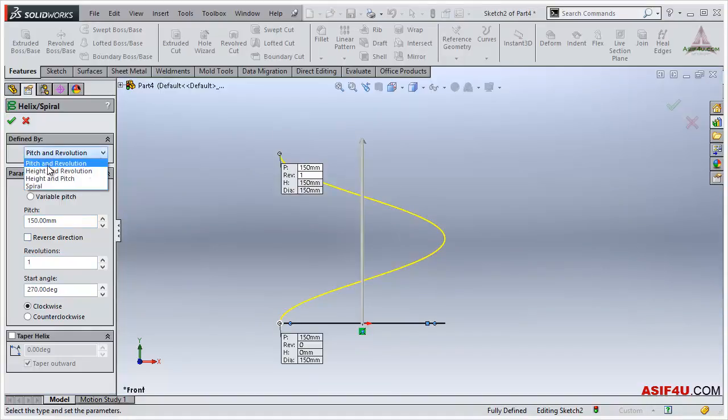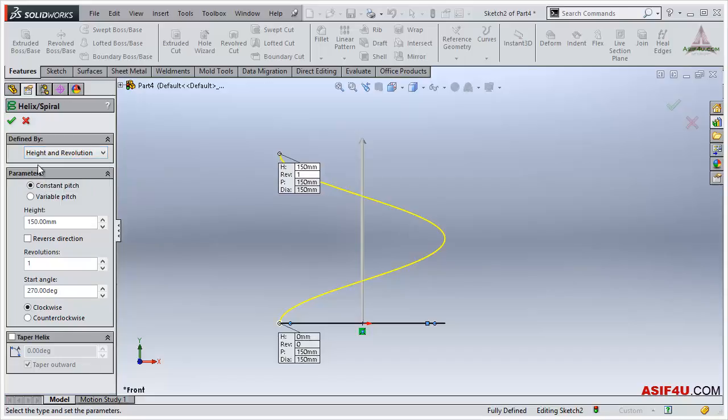If I go to height, by default this is pitch and revolution, height and revolution, height and pitch. If I want height and revolution, I will check that height and revolution. Then for the parameter, I can put the height first. If I put 250,